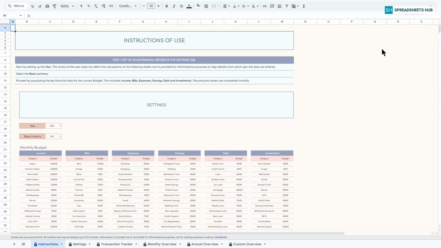Hi there! Today I'll show you how to use the Income and Expense Tracker template, which can be purchased on our website SpreadsheetsHub.com. It's an easy way to track your finances, manage your budget, and stay in control of your